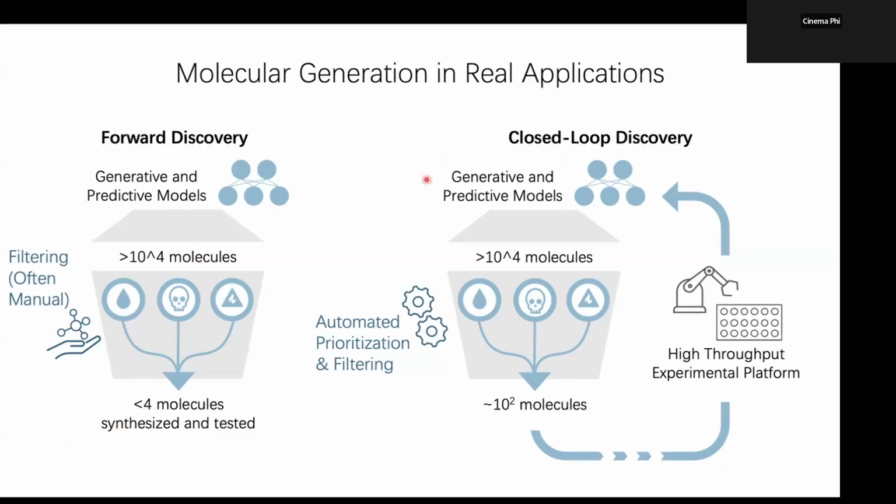The reason why I highlight this closed-loop discovery framework is because this was one of the problems that myself and a bunch of other postdocs, when I was a postdoc, were working on, and we recently finished, and it was published, and it's pretty cool. So the idea is you basically have a series of these generative and predictive models. They're going to come up with a whole bunch of different molecules, but then we're going to have a fully